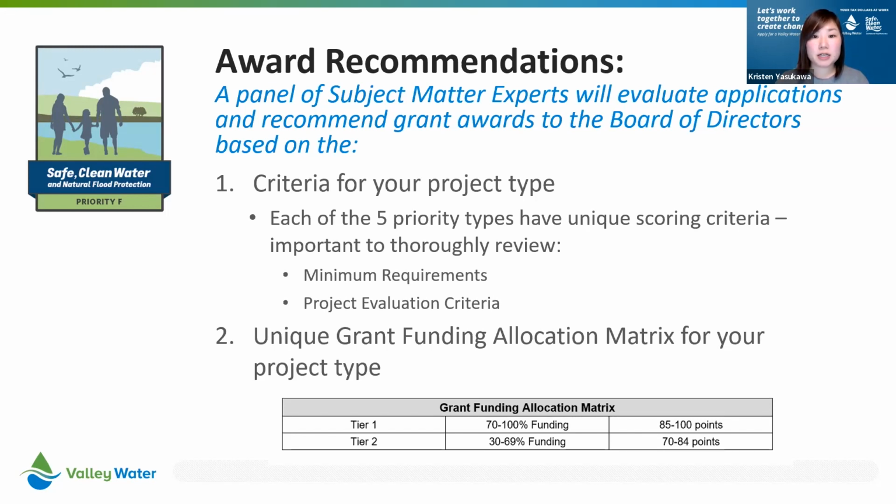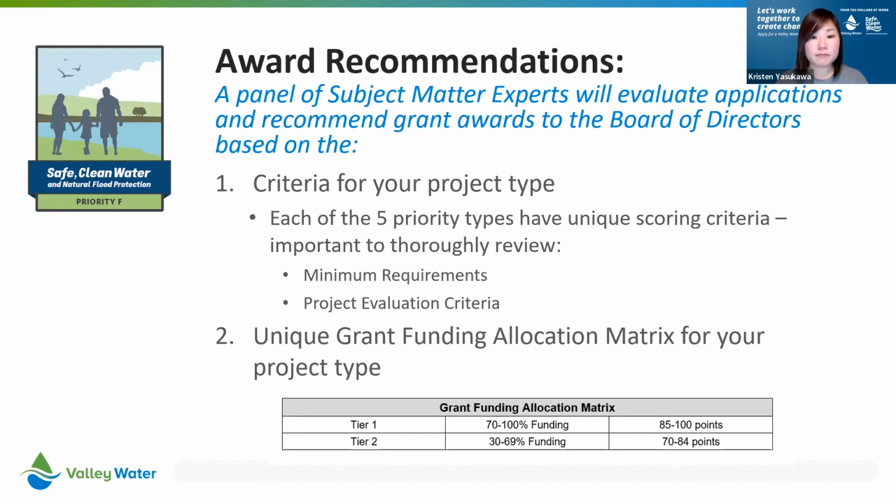So each project type has a different grant funding allocation matrix. An example is shown here on the screen of a tier 1 and tier 2 scenario. If a grant application got 85 to 100 points in this situation, they would be recommended for tier 1 funding, which could be 70 to 100% funding. And if it was 70 to 84 points as the average score, they could get tier 2 funding, which could range from 30 to 69% funding. And if they get less than 70 points as their average score, then we would not recommend them for funding